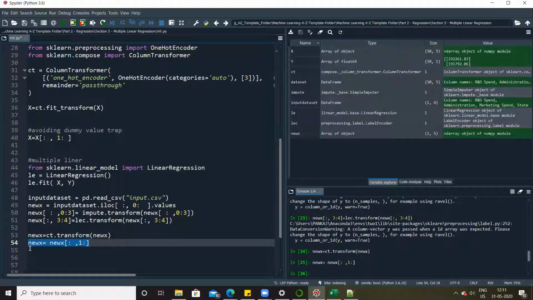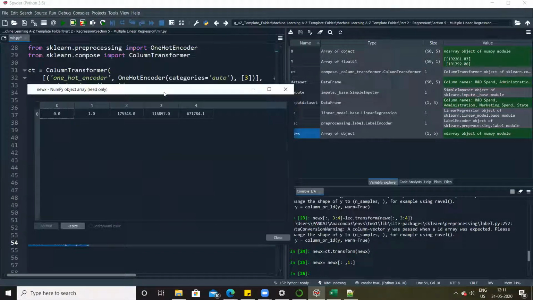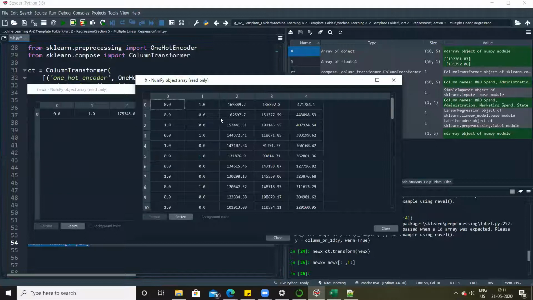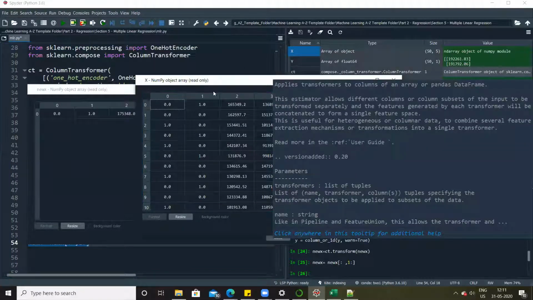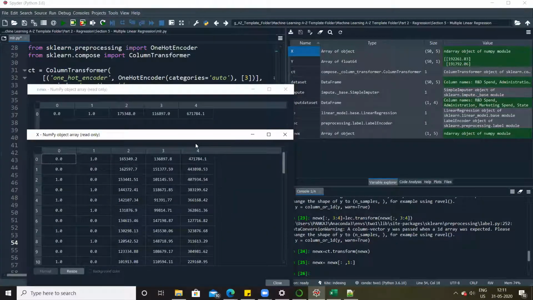Select, control enter, done. And now you can see your new X variable is in exact same format which X was. Both of them have 5 columns overall.